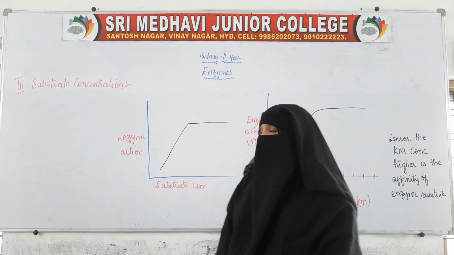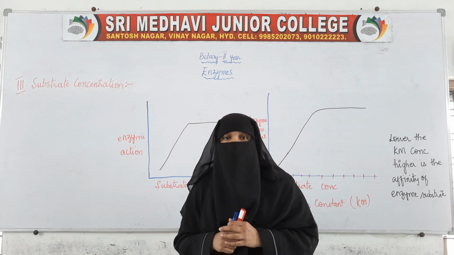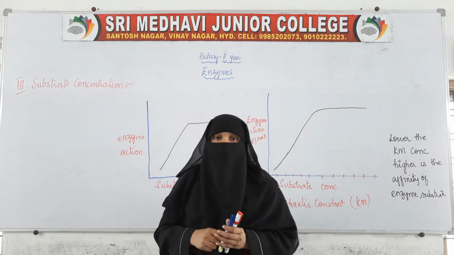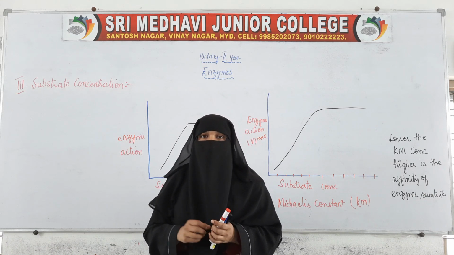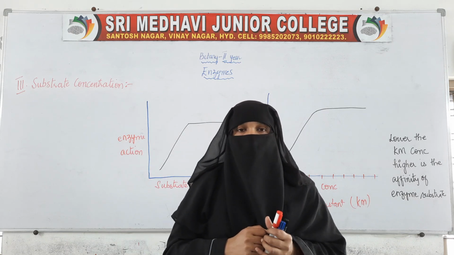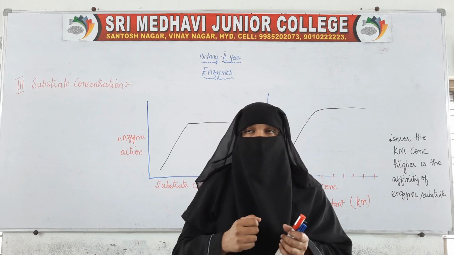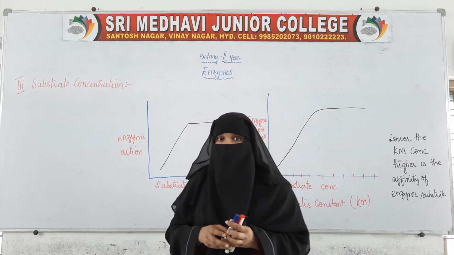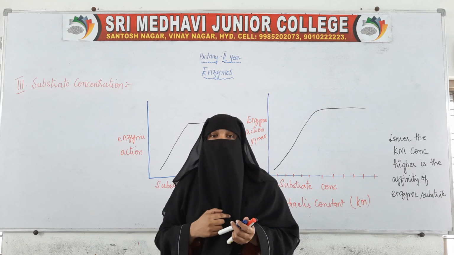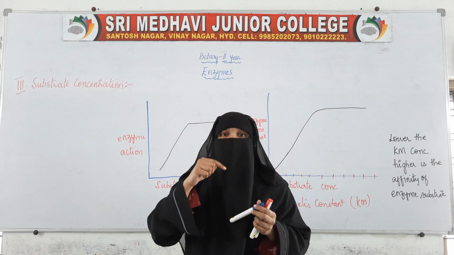Now coming to the third factor which affects the enzymatic activity, and that is the substrate concentration. We already know that enzymes are proteins, and most of the enzymes are in the tertiary structure, that is, most enzymes are tertiary proteins. Here coiling is seen inside the structure, and those coilings become the active sites